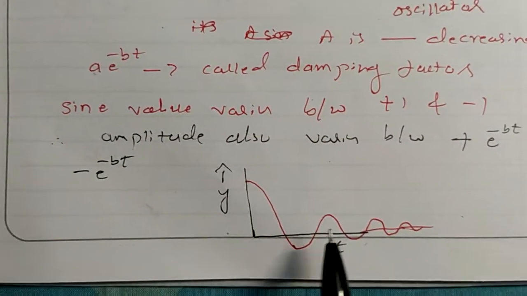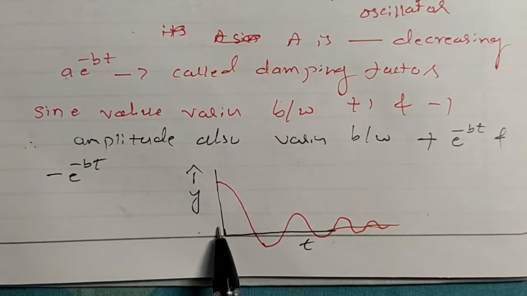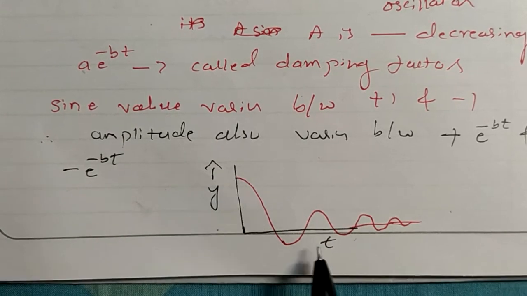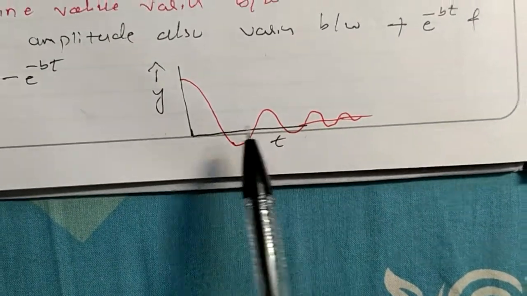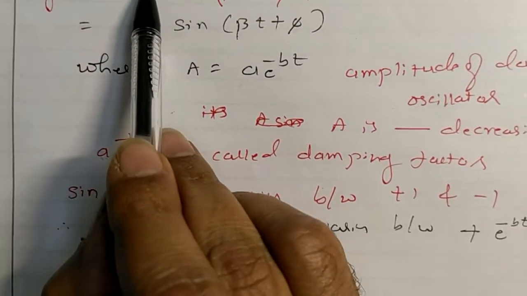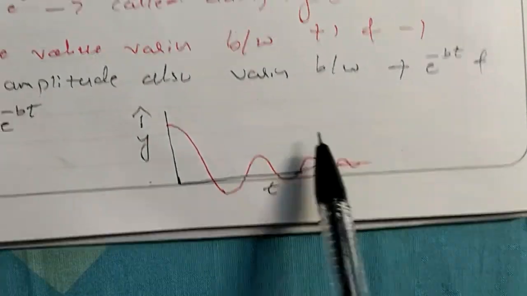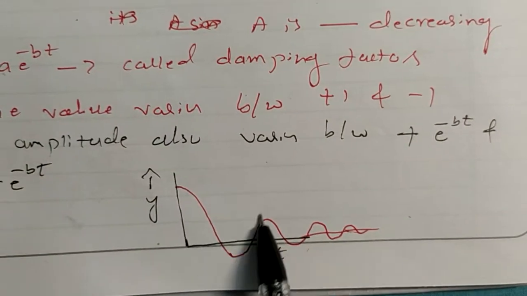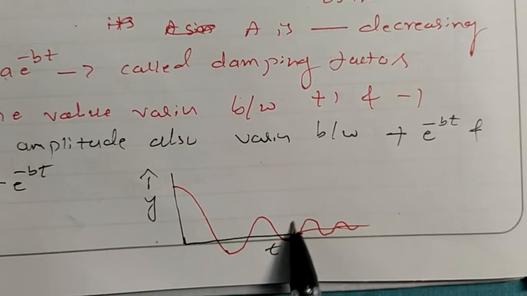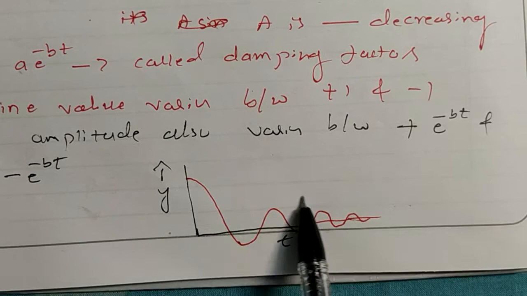Okay, so that means if I plot the graph of displacement along the y-axis and time along the x-axis, what will happen there? Because of e to the power of minus bt, the amplitude keeps on reducing, but there is a sine term, that's why it will become an oscillatory function there. In the sense what? It vibrates there. That means it will make oscillation.